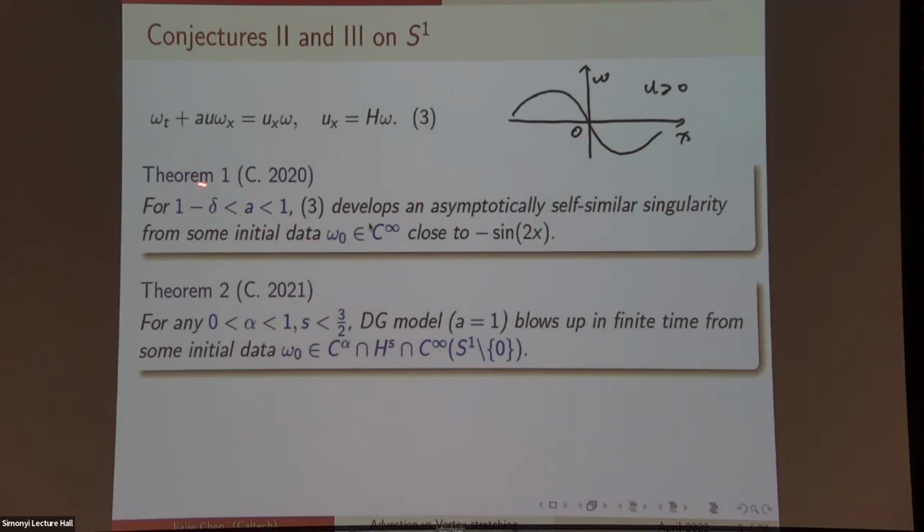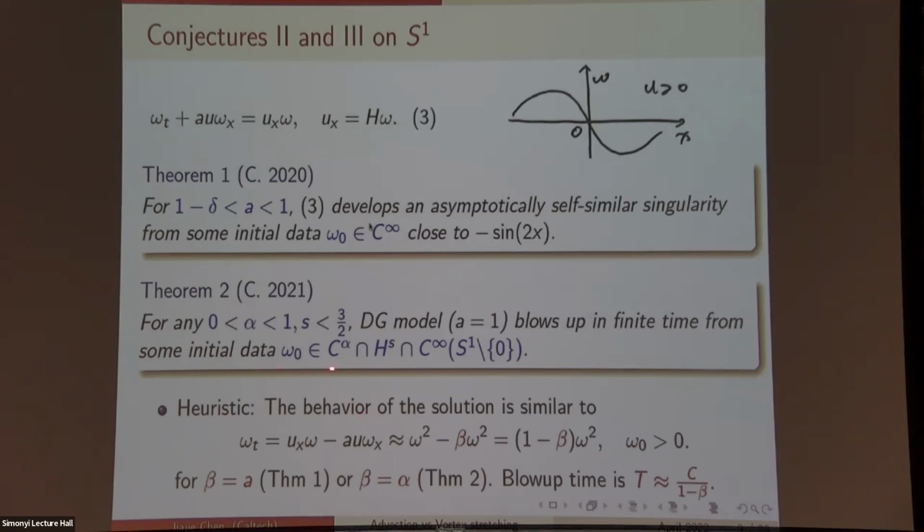So the first remark is that this result, Theorem 1, actually resolves the second conjecture, the endpoint case of the second conjecture, because now we can push alpha to arbitrarily less than 1. And the second conjecture also resolves the first conjecture, because for A to 1, we can also push to any alpha. And the meaning of these two results is that below the borderline case a little bit, where the advection is formally weaker than the vortex stretching, we can indeed prove that the vortex stretching dominates and we can get blowup.